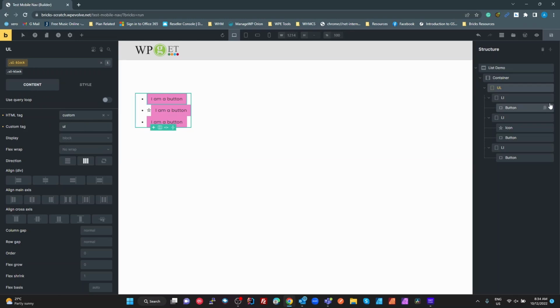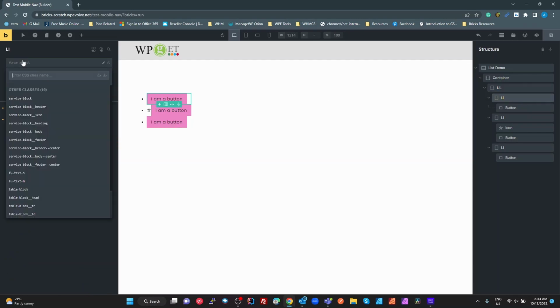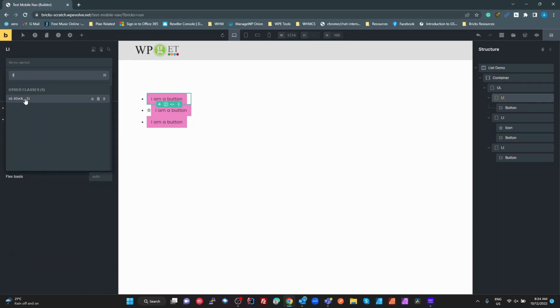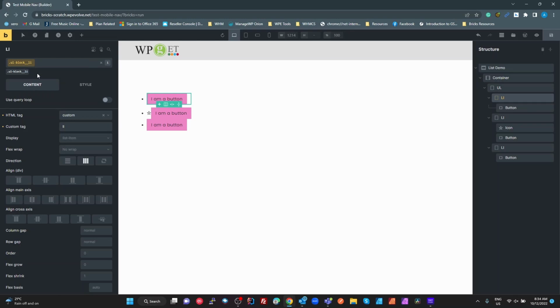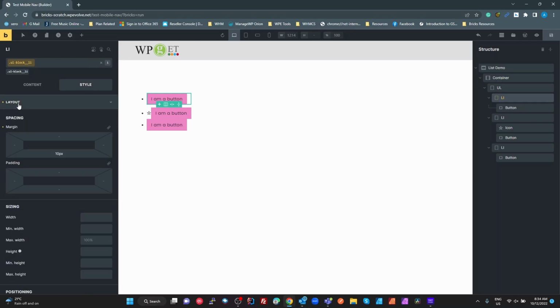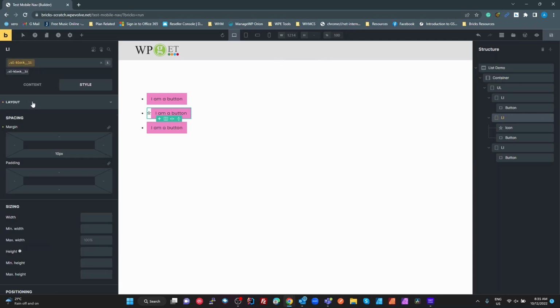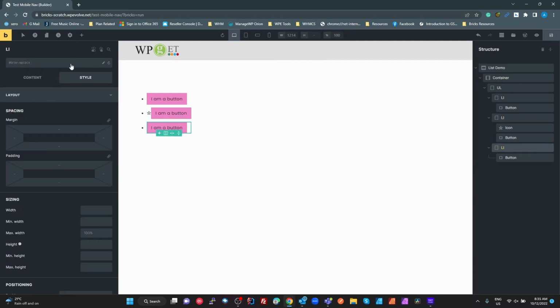Okay, so if we go to the li, I've got an li BEM class I've created there. So there's my li element. And if I go to my style, in my layout, I've just told it I want the top margin to be 10 pixels. All right. So each of these LIs, if I add the li BEM class, they've all got the 10 pixel